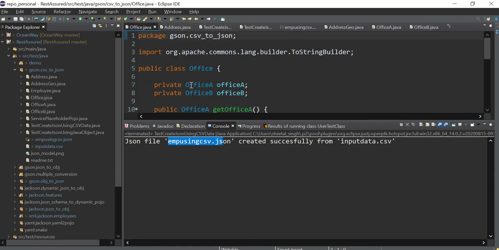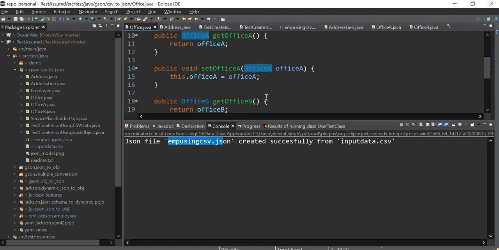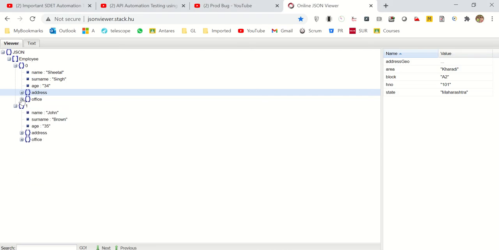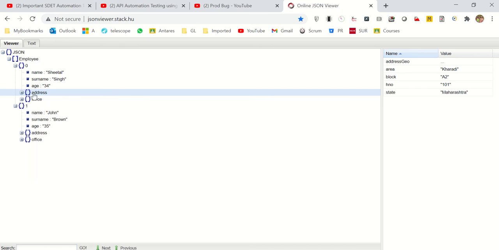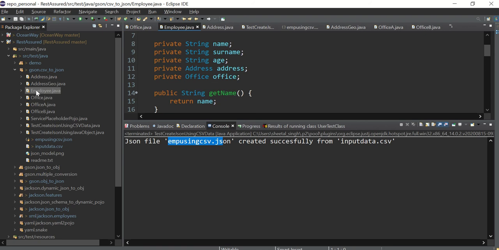Now go to the office, the base class of office. Under the office, there are no strings, only two references, office A and office B, and getters and setters of office A and B. Under the office, there are two nodes, office A and B. Okay, and now go to the employees. This is the main class